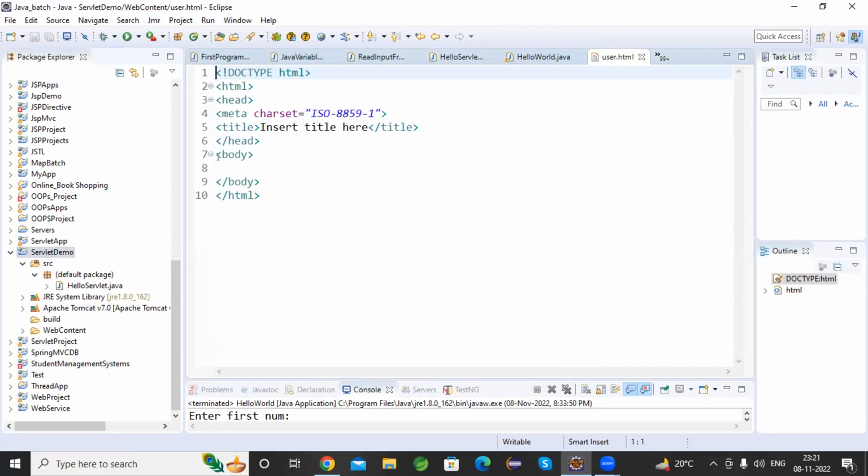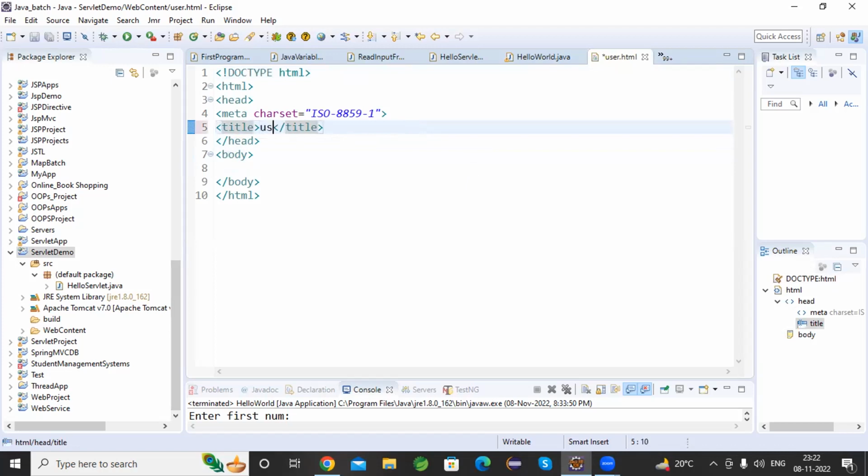So anything that we write inside the body will appear in the front end part in the client side browser. So I'm going to design a simple, say, login page. Okay, user login page. So I'm going to make that. I want to use the page title. The page title will be the